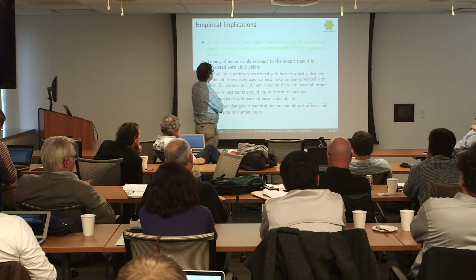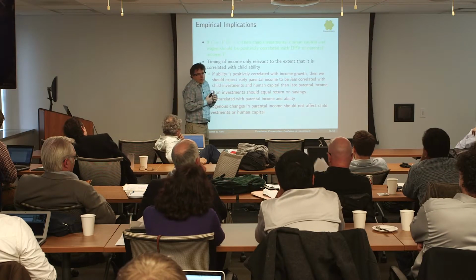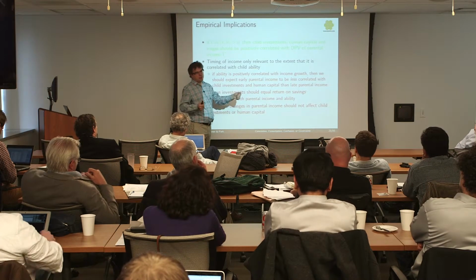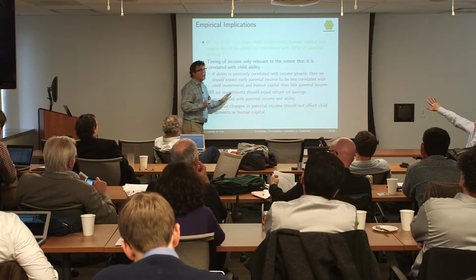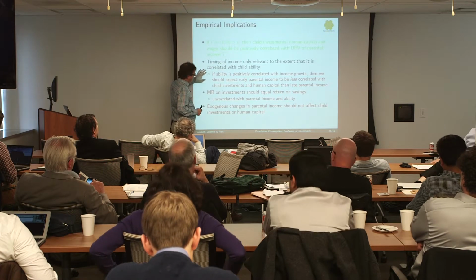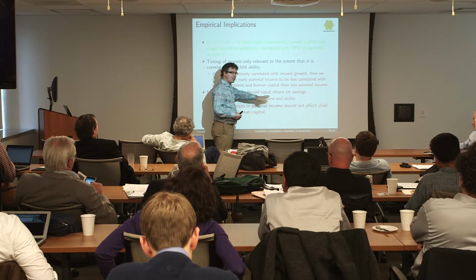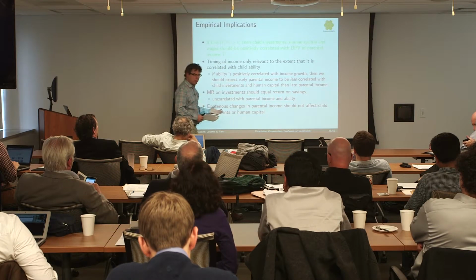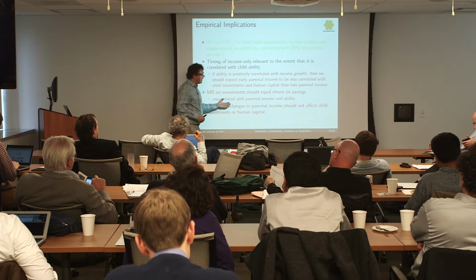For what we want to do, all I want to say is that one of the explanations for why poor kids get less investment and have less human capital than rich kids is because poor kids are of lower ability. That's all I want to do. And if that's your story, it still suggests that the marginal return should be the return on savings for everybody. Even high-ability kids should do more investment up to the point where the marginal return is equated to the return on savings. And the marginal return should be unrelated to parental income and ability.